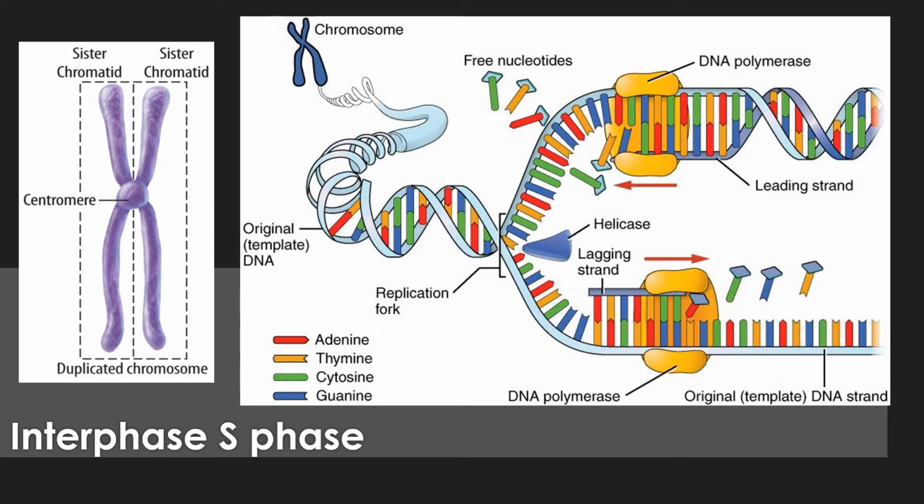So next is the S phase, the second part of interphase. Once these chromosomes are tightly coiled up, the S phase can begin. During this stage, the DNA is being replicated into sister chromatids that are exact copies of each other. These sister chromatids are connected by the centromere, and the centrosome is replicated